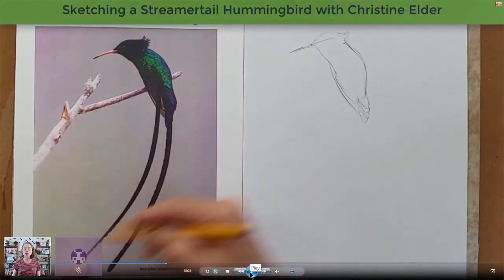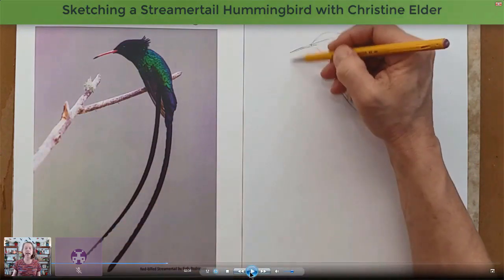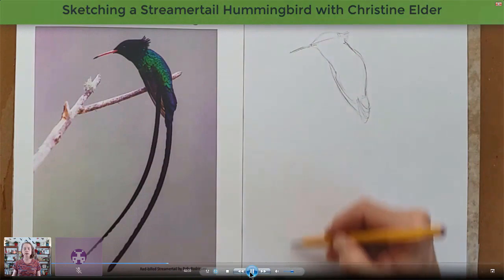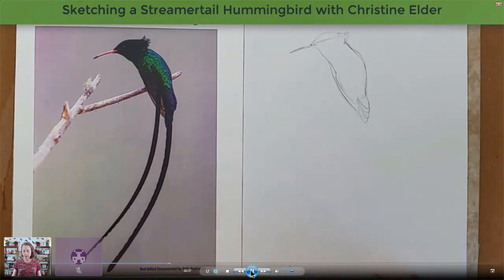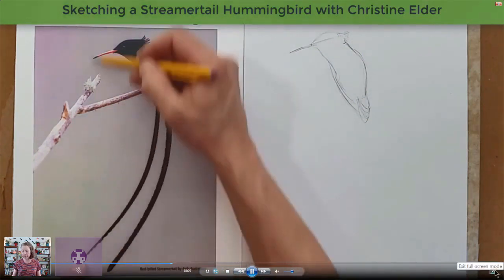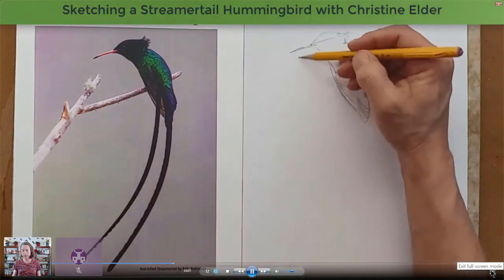So now I'm noticing, again, that idea of alignment. So I'm noticing how far forward those tail feathers go. See what I'm doing? I'm not drawing a line. I'm just visually lining up that those tail feathers are kind of bent towards the front of the bird, and they're actually to the left of the male's bill. But it doesn't have to be exact, and that's one thing I like to teach people,